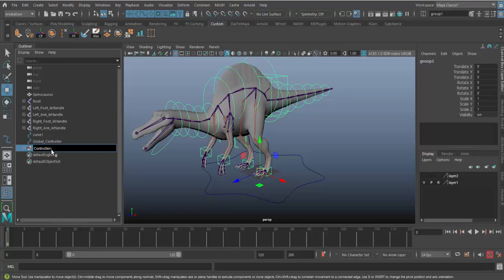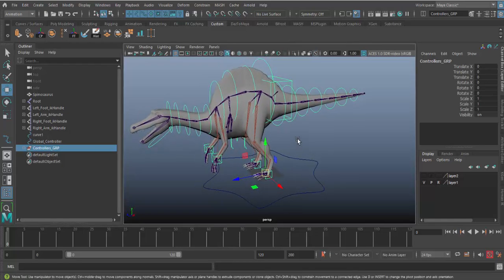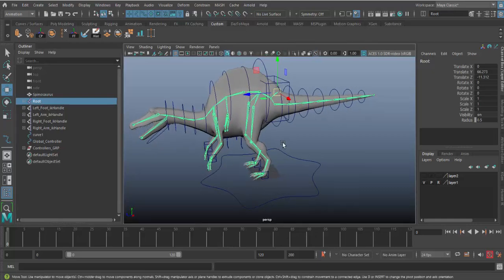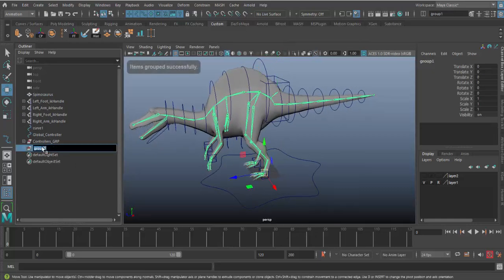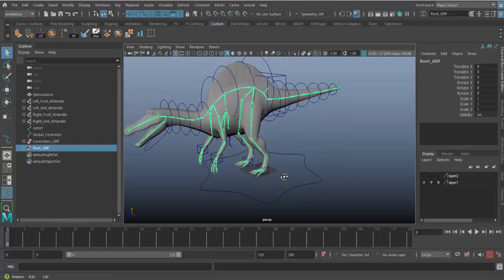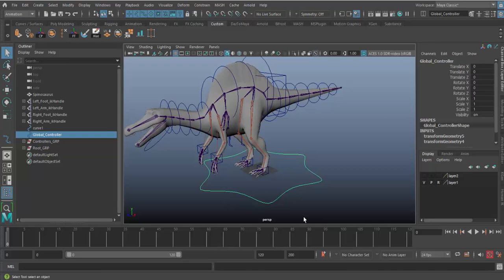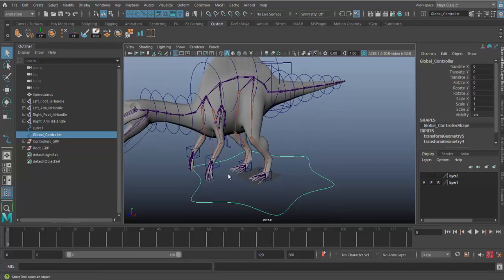controllers GRP. Now we want to select the root itself and put it in a group. We name it root GRP. And what we have to do now is select this guy, then the